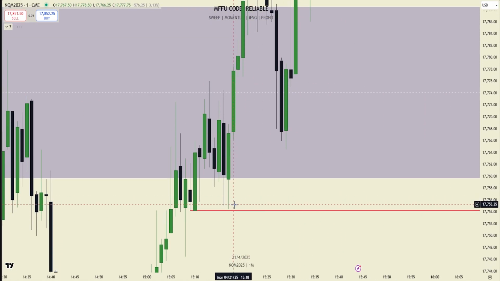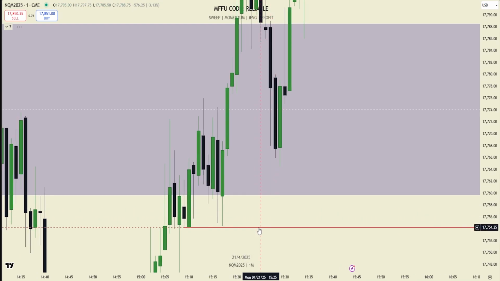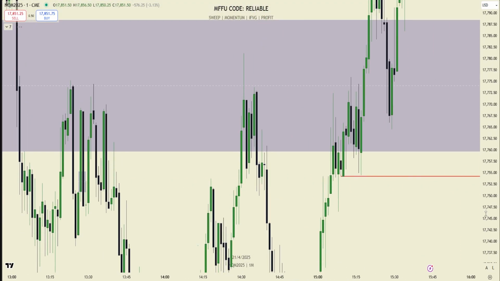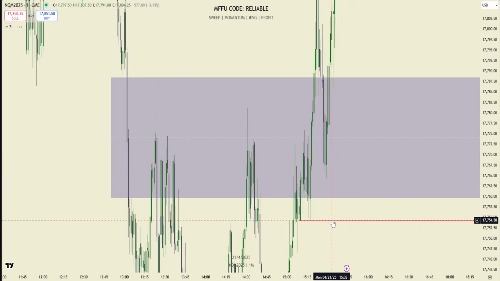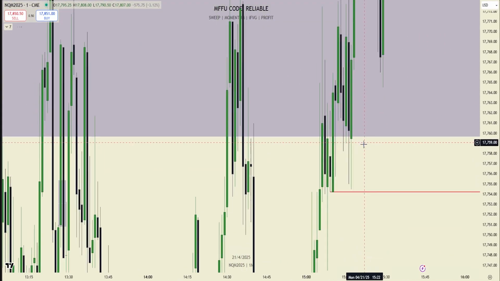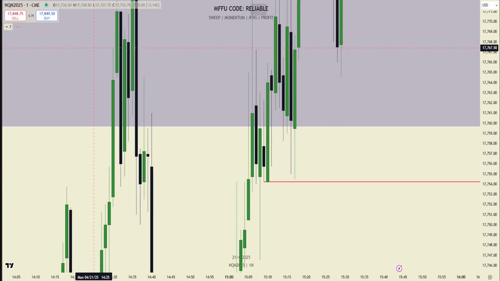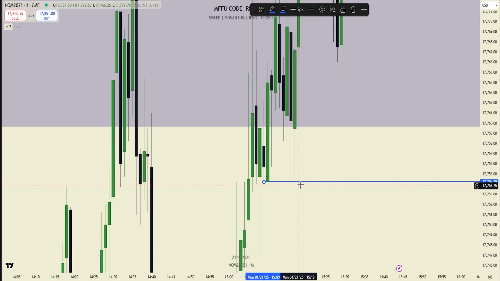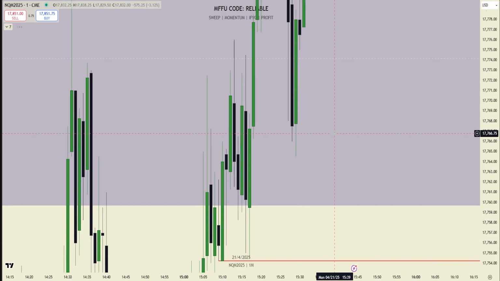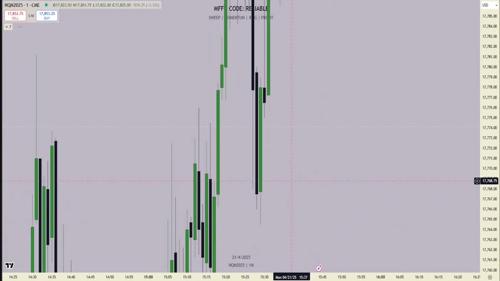So yeah, the reason why I entered early here, oh, it's not triple equal, bro. Those weren't triple equal. I thought that this low was these two here. Bro. Okay, yeah, I would have never taken this 1 minute short then. I thought these were triple equal lows. That's the only reason why I took that.